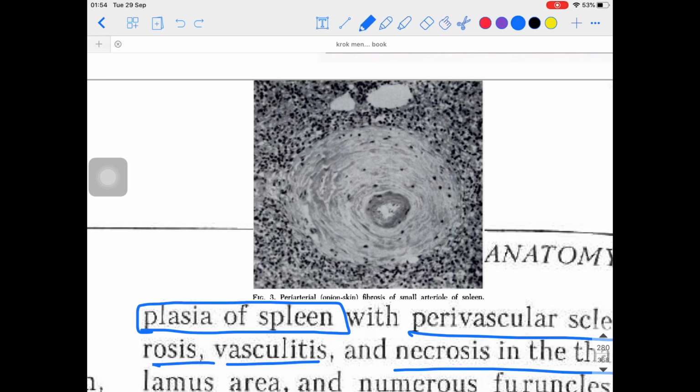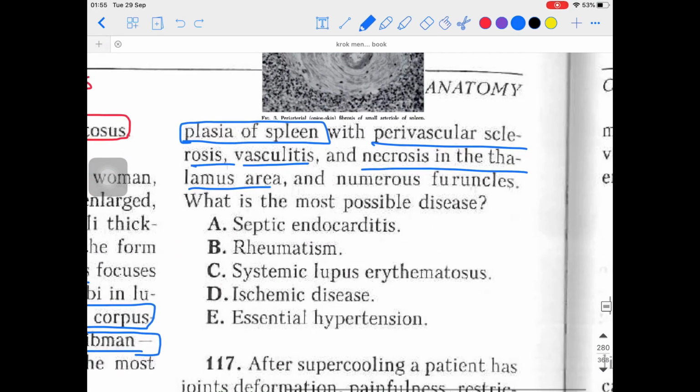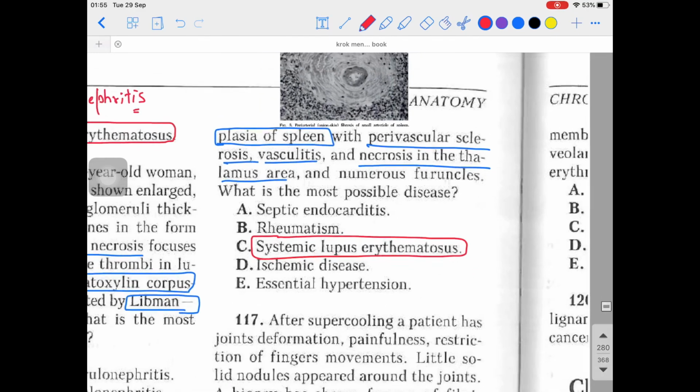Onion skin lesions will be appreciated in other structures also in pathology itself, but if we are talking about hyperplasia of the spleen, that kind of structure might be appreciated. That is the onion skin lesion which will be appreciated in the spleen. Actually, what happens is in the spleen there is a perivascular fibrosis, and due to that this onion skin lesion will be appreciated in the spleen for SLE. So the answer will be very, very clear. That will be SLE, that is systemic lupus erythematosus. Okay, I hope you are clear with this one as well.